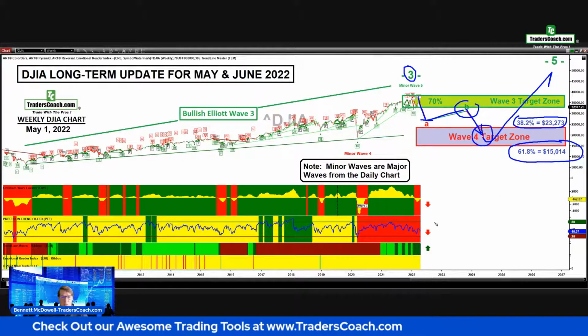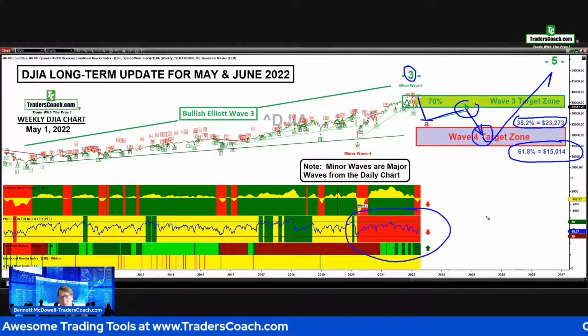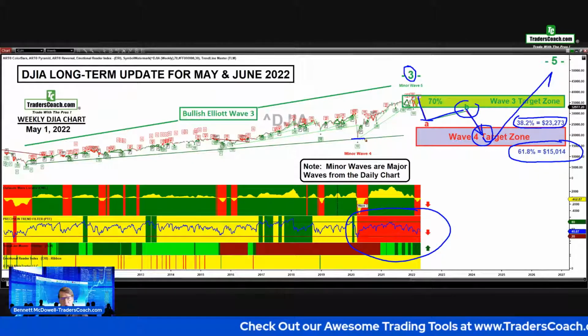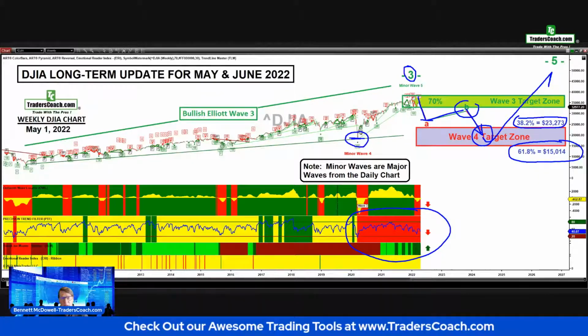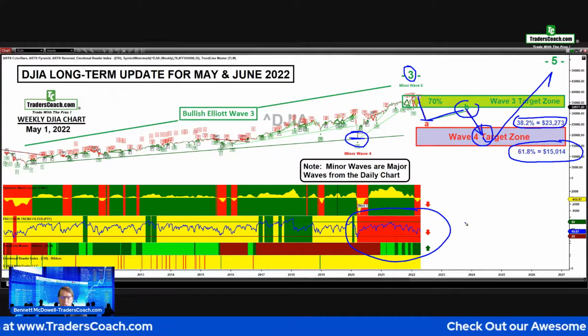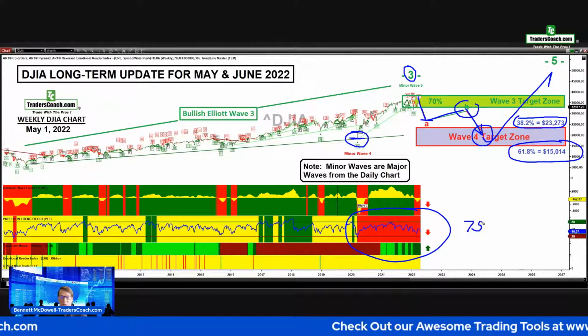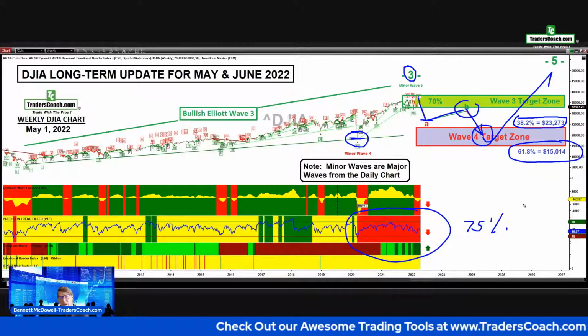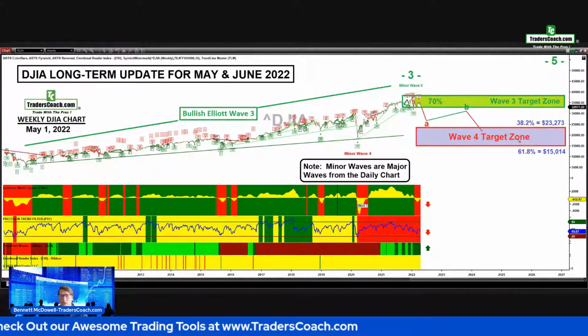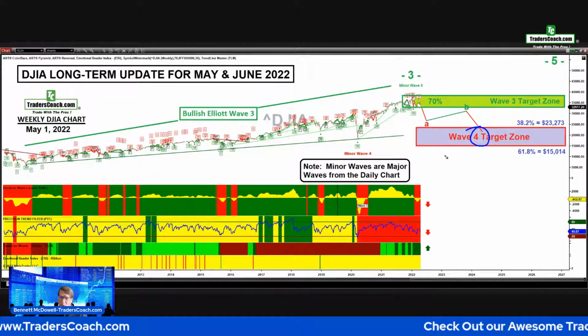Now, a couple of things I want to point out. This indicator here is called the PTF, or Precision Trend Filter. And the PTF has been red for quite some time, indicating that the COVID low that occurred in 2020 was so strong down that any correction after that is going to go below that. So we're pretty confident based on this indicator, because it has a 75% accuracy rate, that we're going to be going down below the COVID low during the final stage of this wave 4 sell-off. All right, so I just want to alert you now.